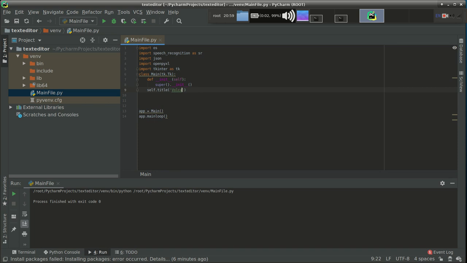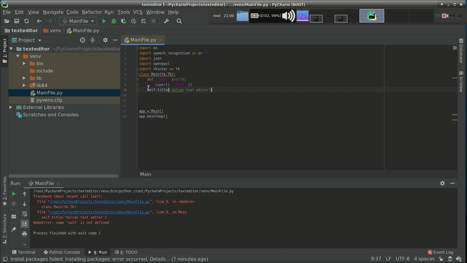Vulkan, you can provide your name, any name which you want. So guys, let's run it and see if any changes have been made or not.